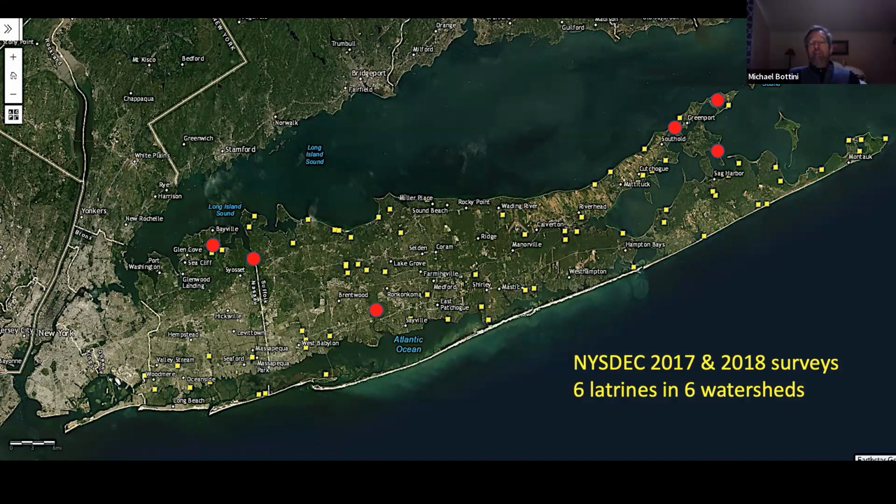The river otter actually did survive in a small section of the Adirondack Park. There were still some otters in New York State up in the Adirondack Park in 1900. And in 1930, they put a ban on trapping to let them expand their distribution in New York State. Well, by 1990, that's about 60 years after the prohibition of hunting and trapping, they still hadn't colonized the western half of